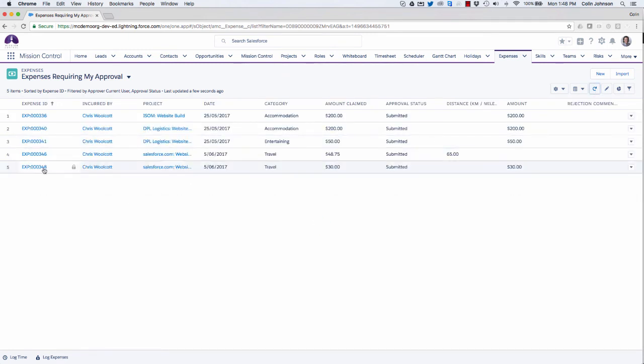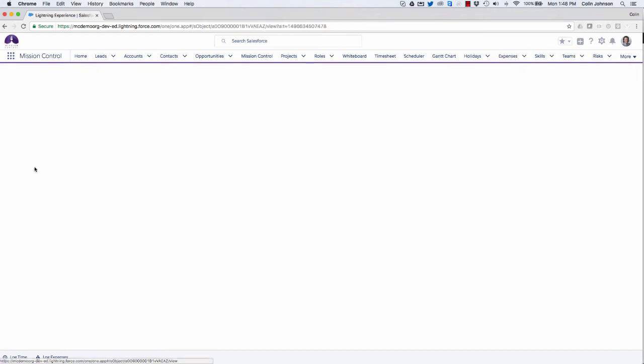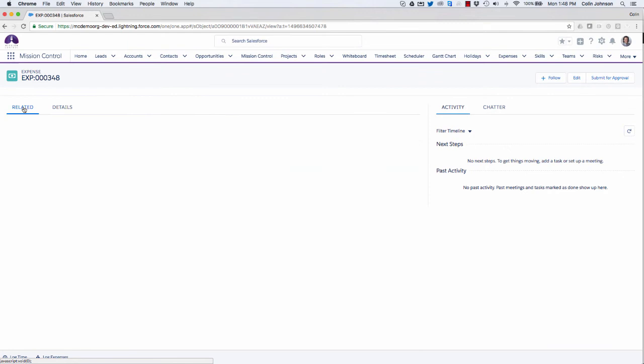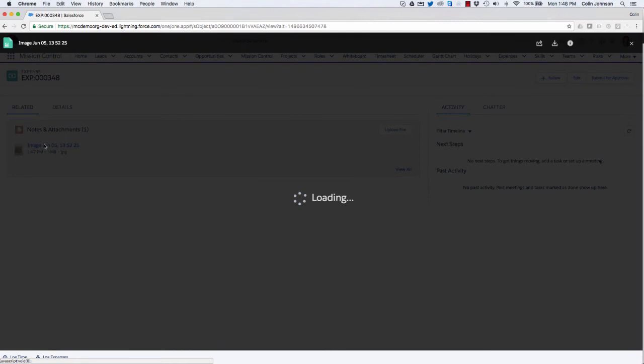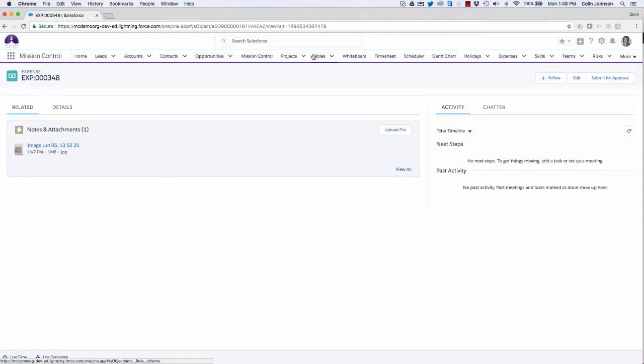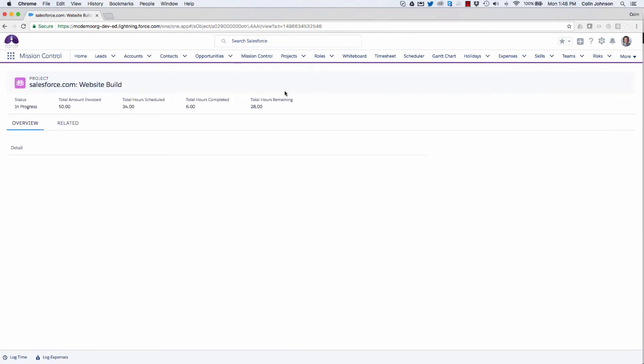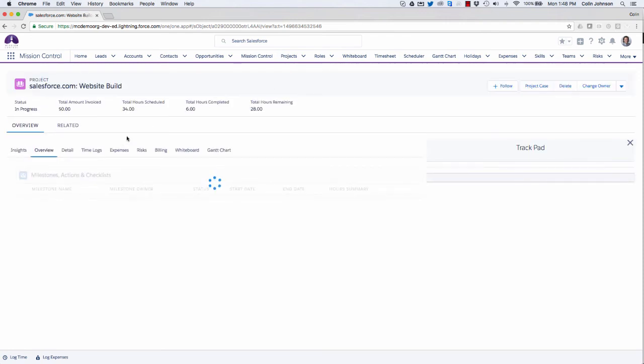So they will disappear off my list, and then I can delve into the ones that I want to look at. So if I was to look at this expense that's been submitted by Chris and click on the related lists, I'd be able to see a copy of the receipt that he's uploaded as part of his expenses. If I then go back and view the project overview page for the project and jump onto the Expenses tab,